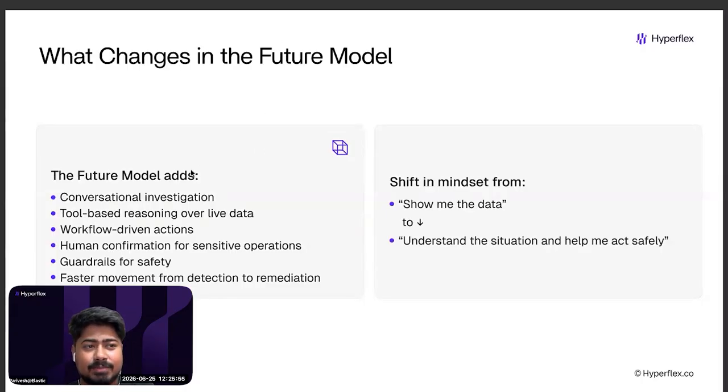Again, as I said, the data collection, everything will be the same. We'll be utilizing the same agents, we'll be utilizing the same beats to get the data. What changes is that we will be doing more of a conversational investigation with our agent. So instead of me going there and discovering and trying to filter some of the logs, I'll just